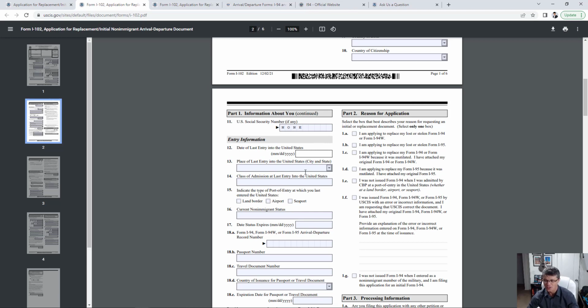Place of last entry into the United States, city and state. Class of admission. So class of admission would be how you entered the United States. For example, if you came on B1, B2 visa, your class of admission, you can put B1, B2. That completely works fine. Or you can also say